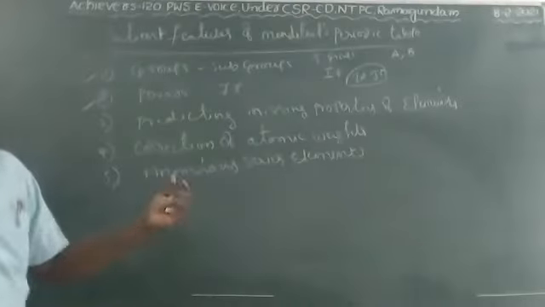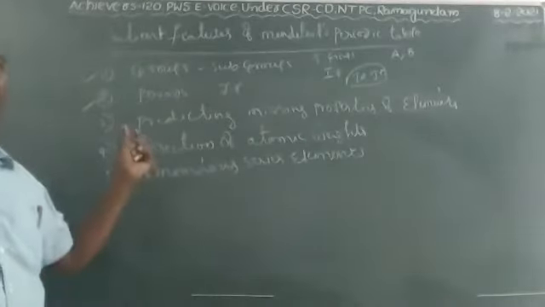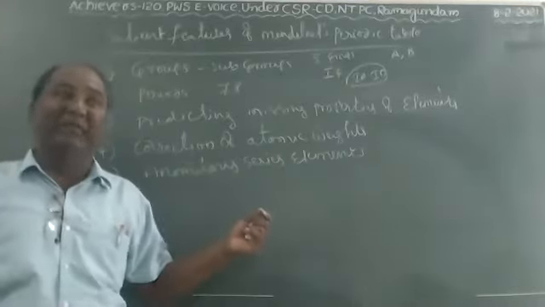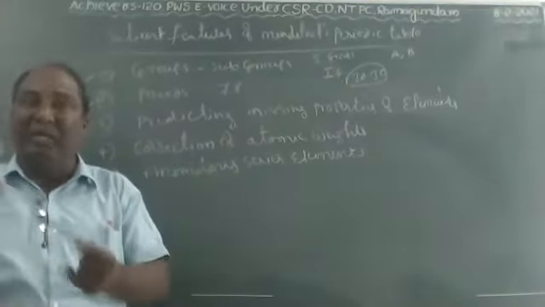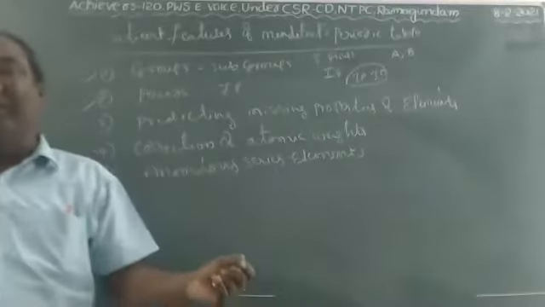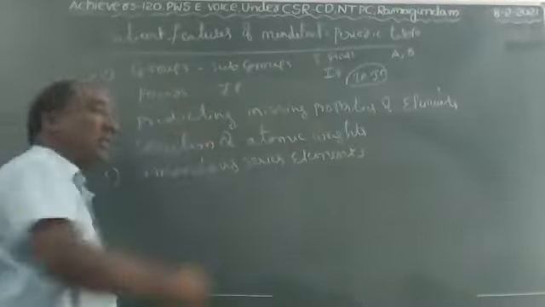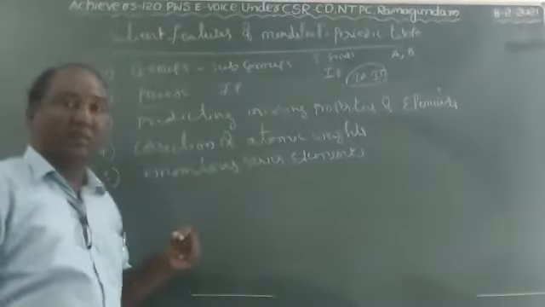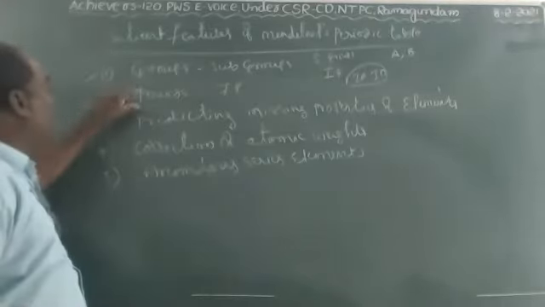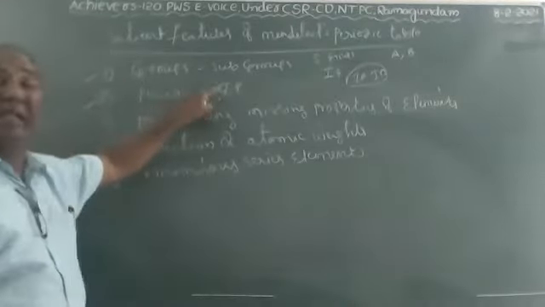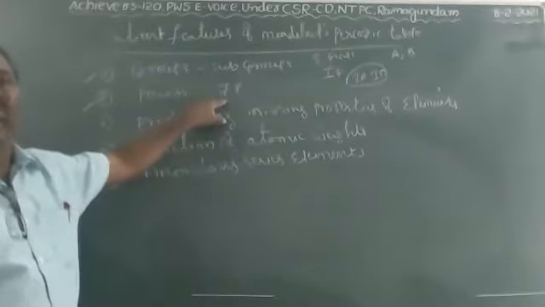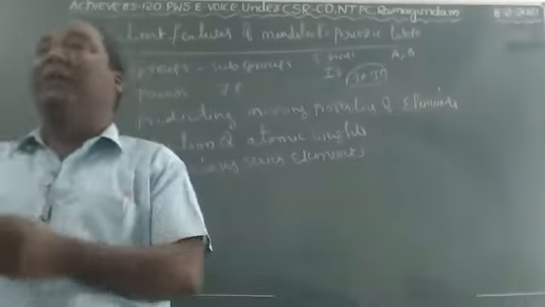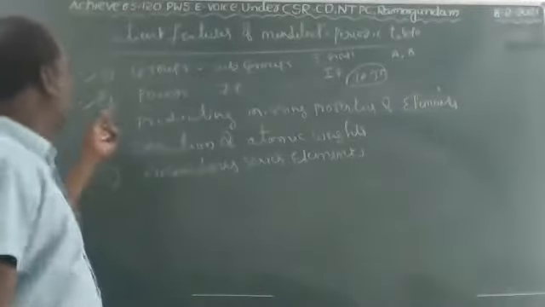Mendeleev's periodic table consists of 7 periods. Every period starts with a new element, and the properties of elements in a period are entirely different. The elements which are present in a group have the same properties, while the elements present in a period have entirely different properties. So it is called the period, children. Every period starts with a new element, and the elements in the same period have different properties. This is about the periods.